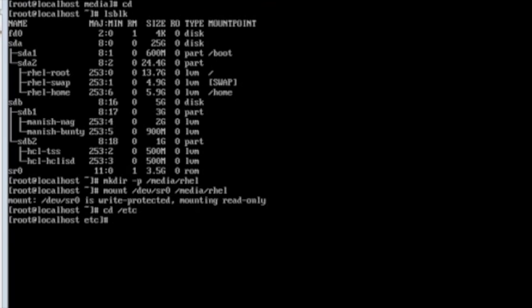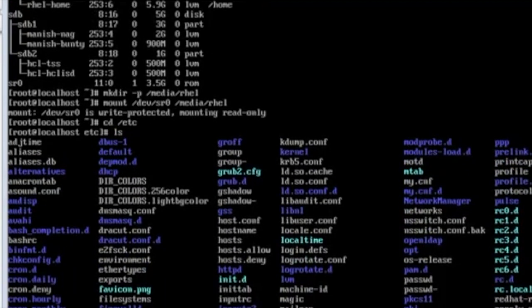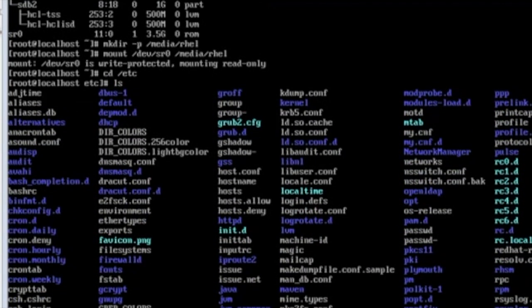So cd /etc. Let me just show you the files. In my previous video I showed you that ls is used to see all the folders inside it. So you can see here, there is a folder named yum.repos.d.